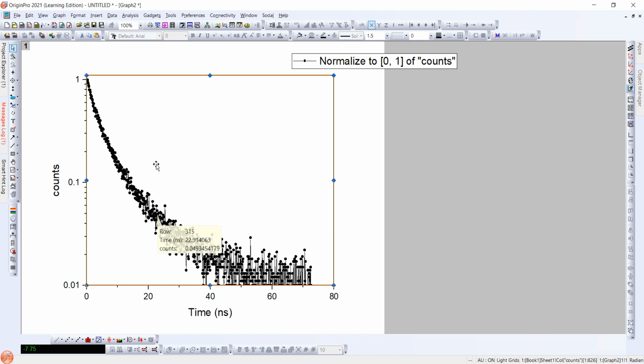So now to analyze the average lifetime, we have to look at the corresponding x-axis value to 0.37 of y-axis. Why is this? Because the average lifetime definition says that it is the time to decay up to 37%.